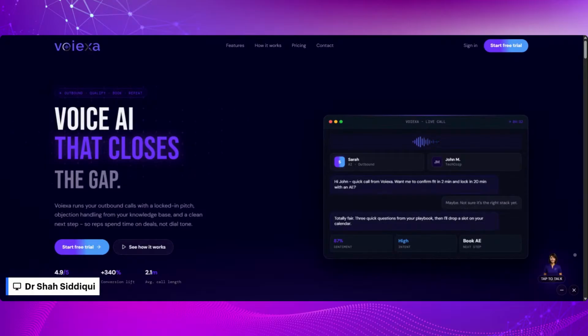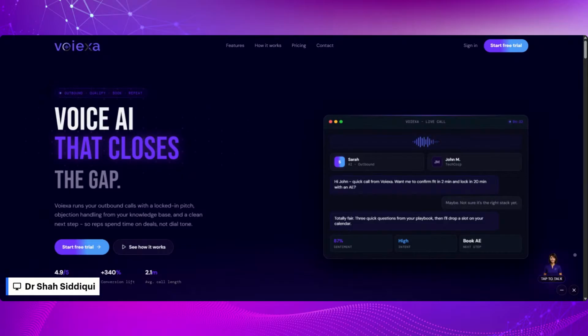So Voiexa is an AI voice assistant, or AI workforce, as we say, for businesses. It has many capabilities and can do many types of things that your business needs.